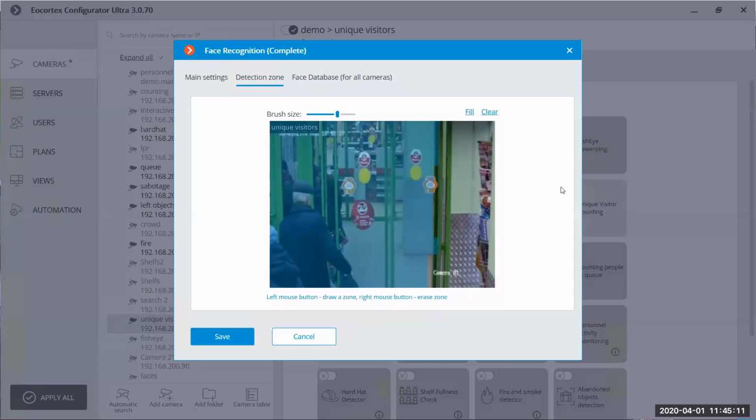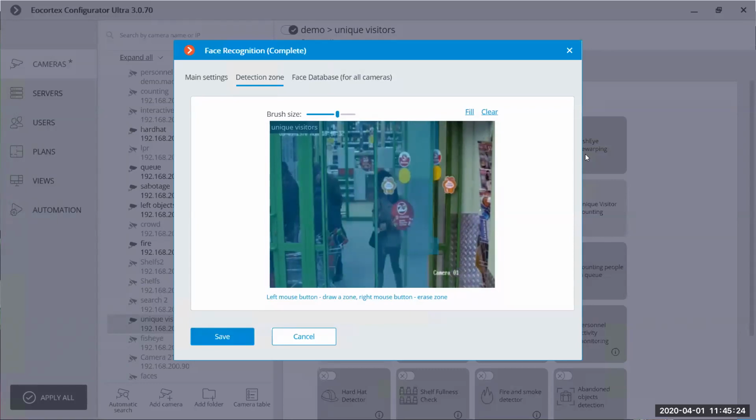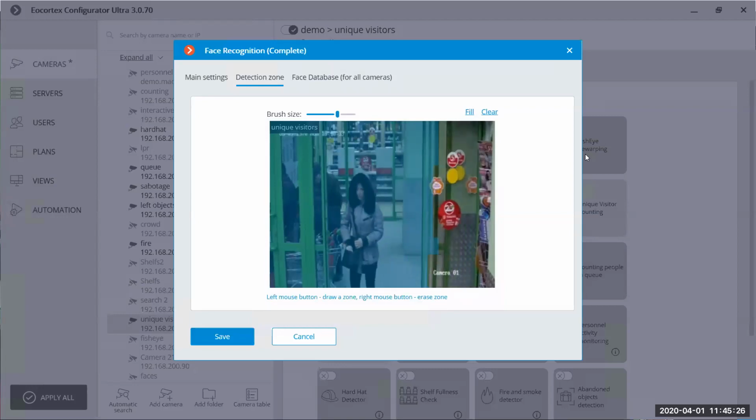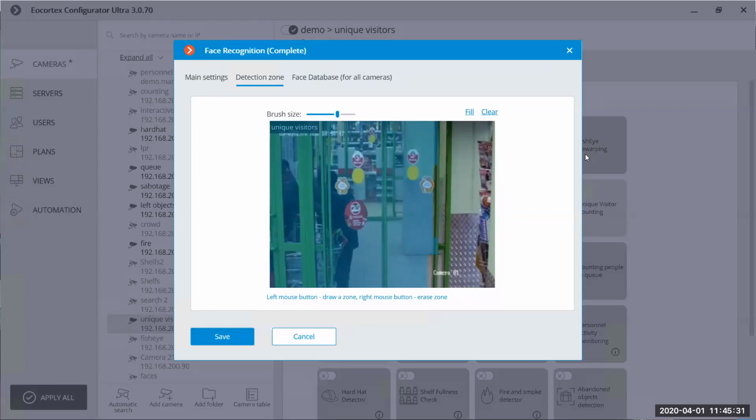That's why it's better to use cameras with higher image quality, so that you can see the difference between the real face and the photo on the screen or a printed one.